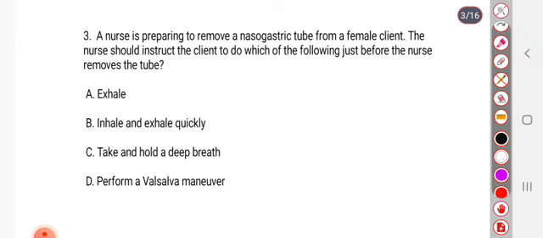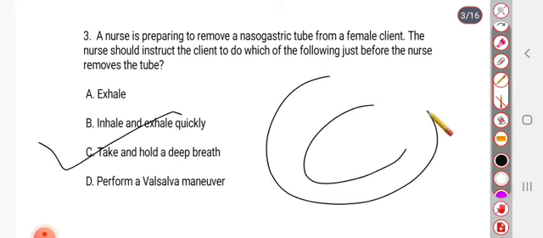Right answer is C. Take and hold a deep breath. Next,